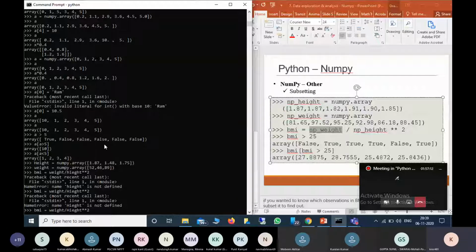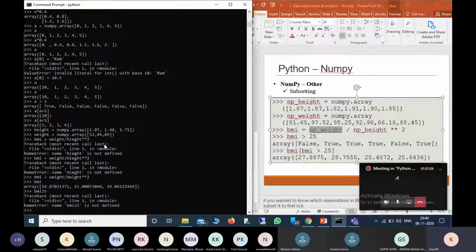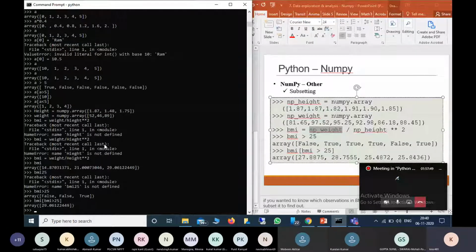If I want to know the BMI values which are greater than 25, what I can do is BMI greater than 25. It will give the values where the condition is satisfied, true or false. If we want particular elements, we can access BMI of BMI greater than 25. It will be like that.